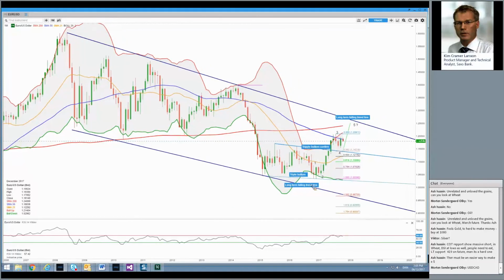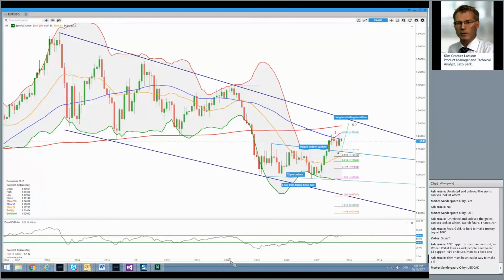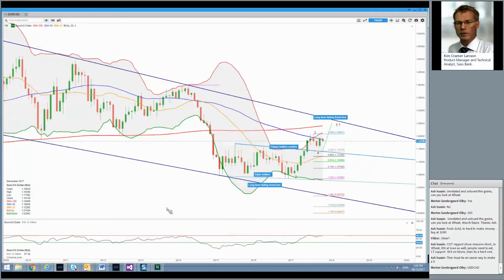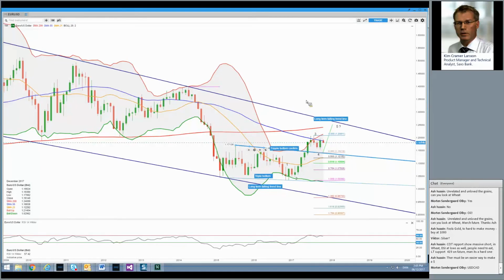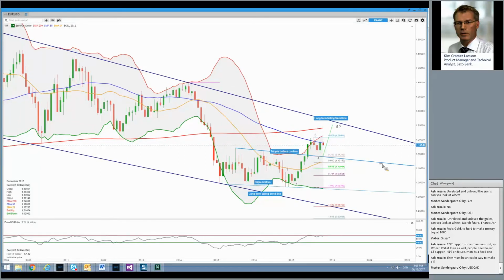So this is the one I'm talking about, and here's the other one. It got some support just above par when everyone was talking about it dropping below par, and of course it didn't. It got a triple bottom-like formation, and you had the neckline here on the triple bottom, building up a new